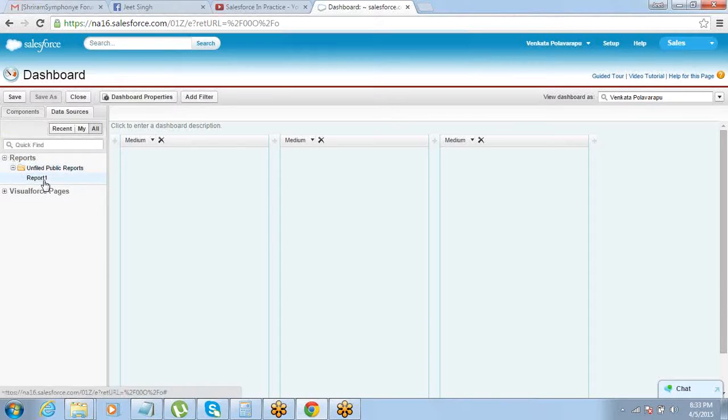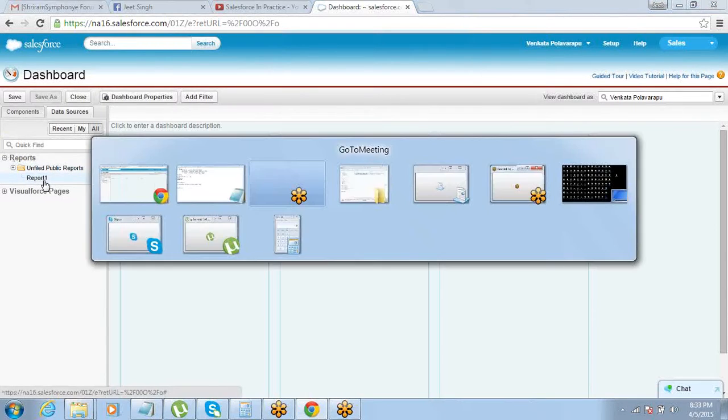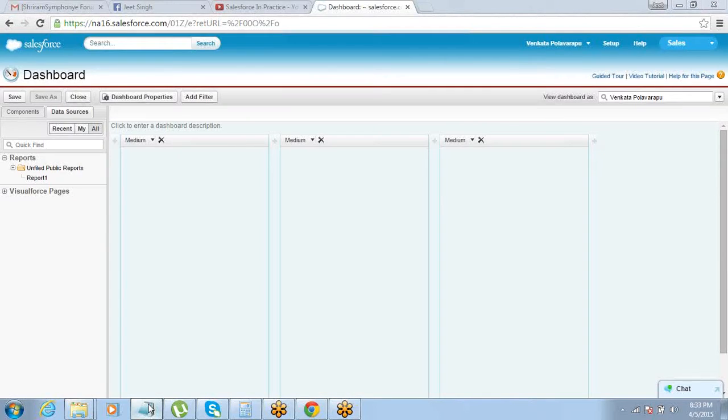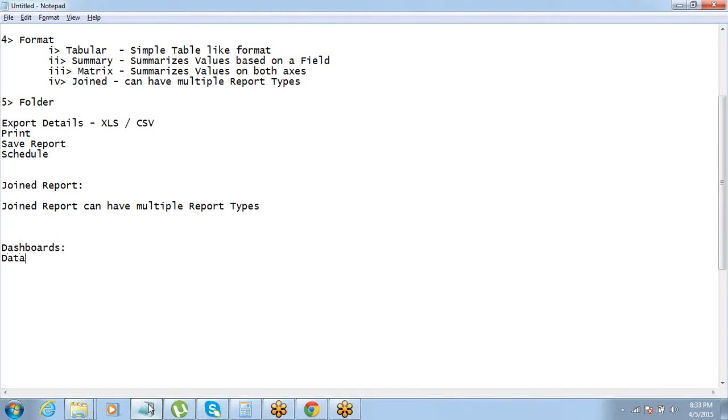Okay, so dashboard has two things. Data source, okay, and components. Achha, what is data sources? Data sources is basically the reports that you have created.